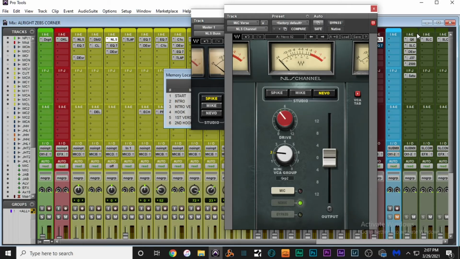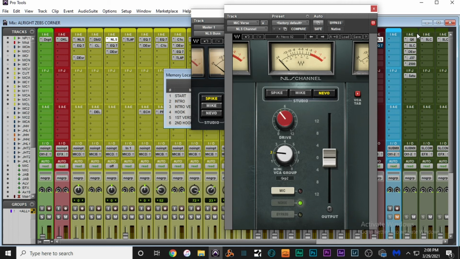But for the most part, you get to have a different channel strip with a different sound per channel. So it's a desk, it's acting like a desk, and each channel of that desk is going to have a slightly different sound. Can you really hear it? It's going to take practice to really hear the difference between each one of those channels. And of course, you have something like